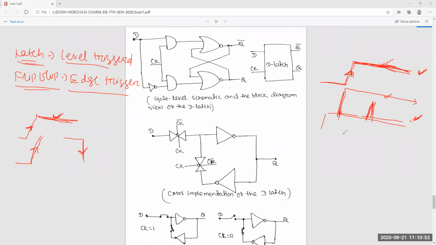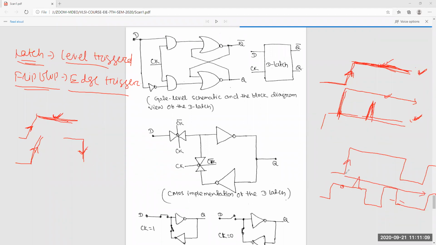Suppose this is your clock, and at this point data is equal to 1, whatever glitch there may be, you will get 1 up to the next rising edge.